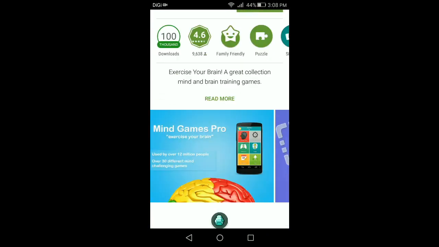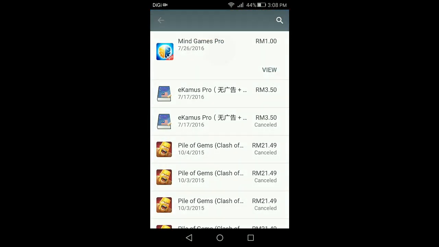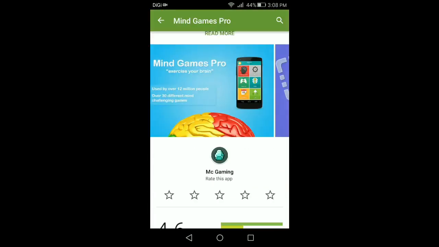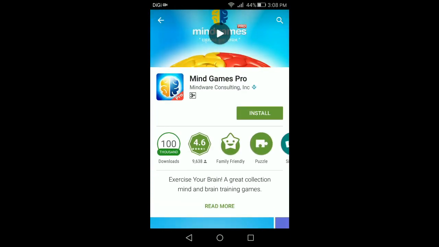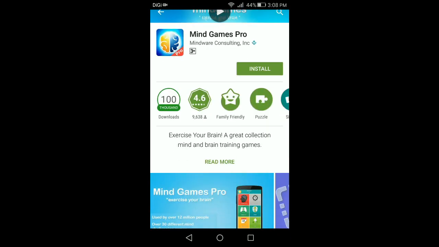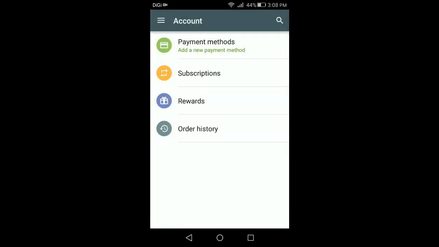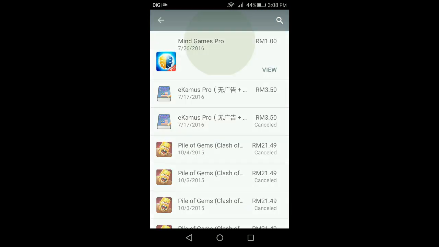And you can request a refund just by clicking that button, and Google Play Store will just refund it to you. But after 15 minutes, there will be no refund button right there, and you have to do it on your PC. It will be much easier.